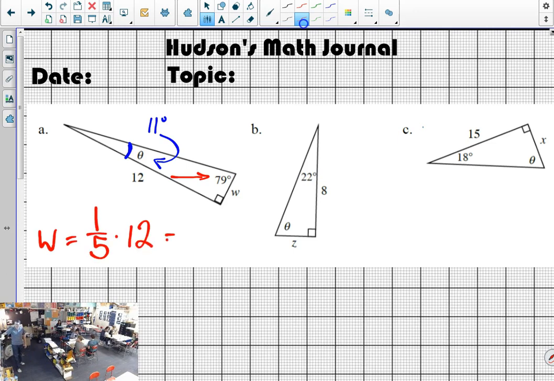Well, 1/5 of 12 then would have to be 2.4, right? Approximately. You can say we're pretty darn close. Not 100% sure. We're right about there. Use that sort of information to solve B and C if you have yet to do so. If you get done with this one, move on to the next problem.